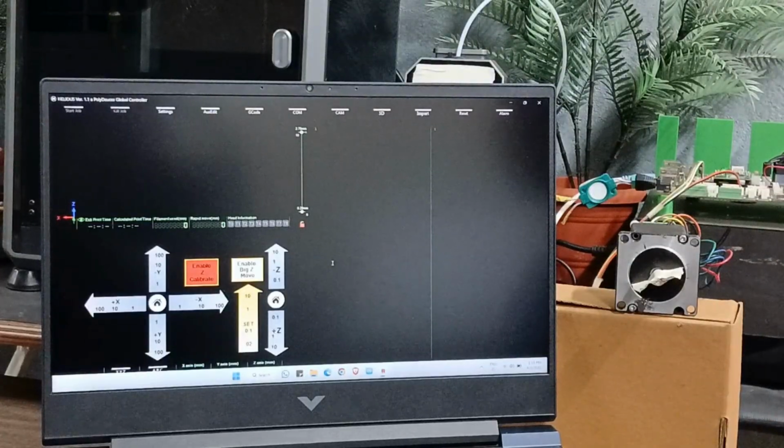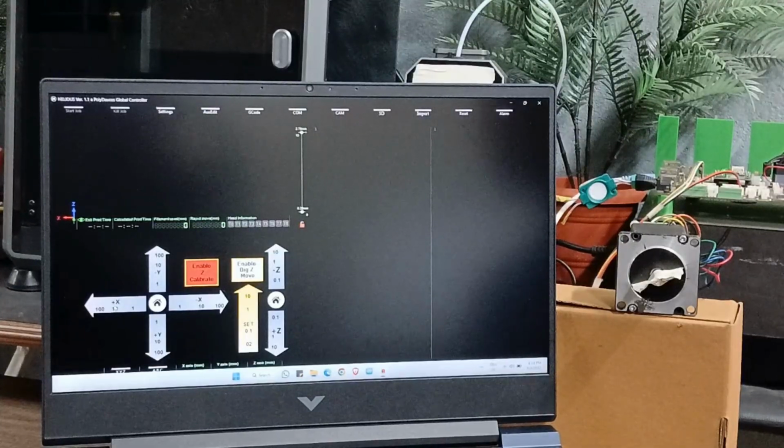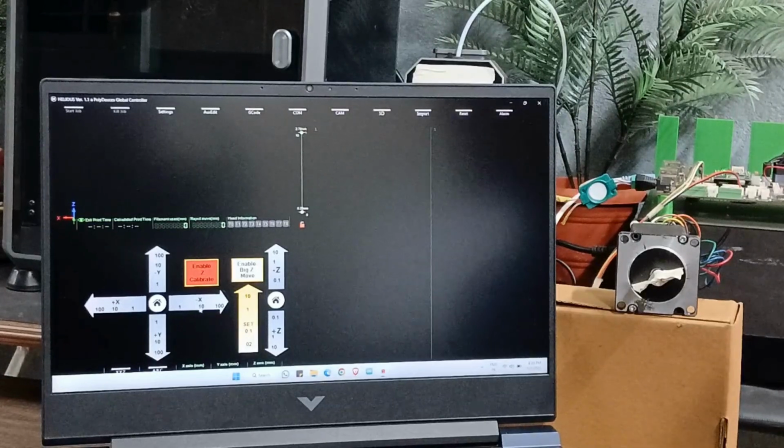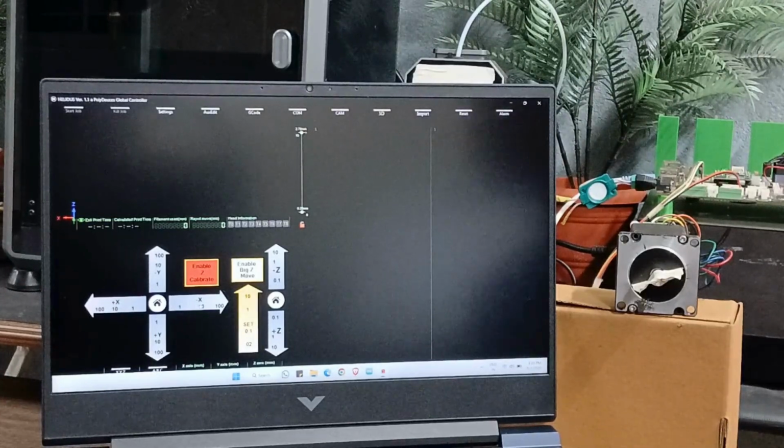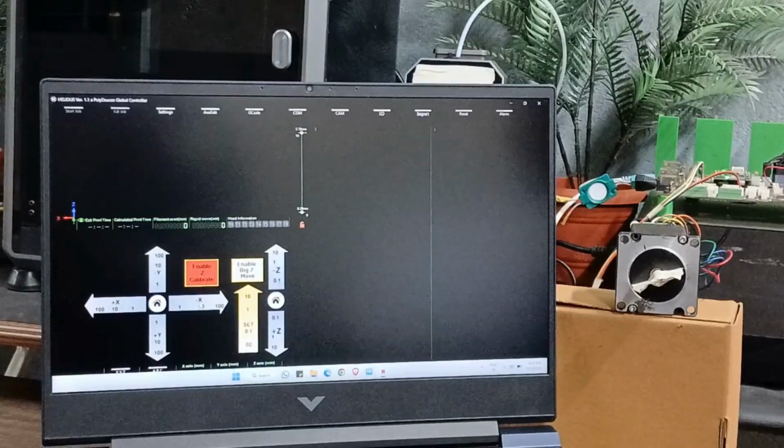For example, clicking positive X, that is this, we'll move the head to the right side. Then if we click minus X, we move to the left side. The same applies for plus Y and minus Y, that is forward and backward, and Z plus and Z minus is up and down.